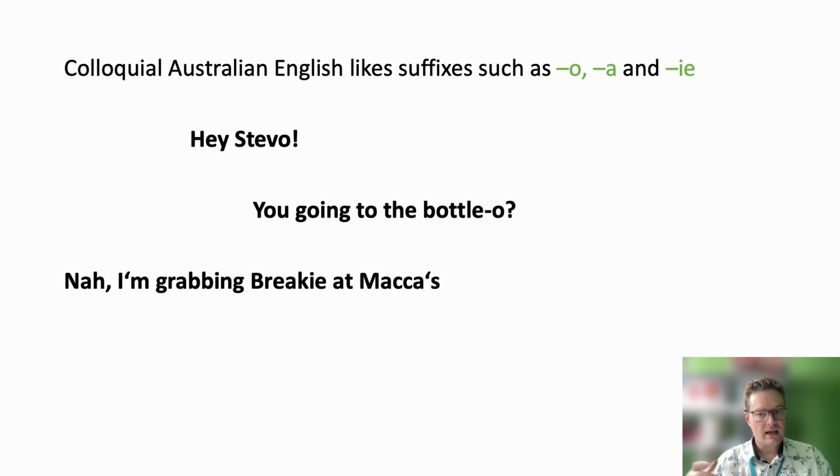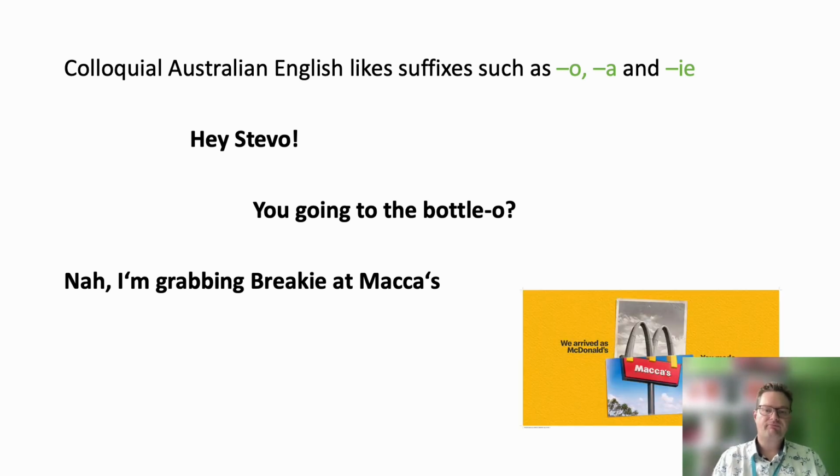And the ending in Australian English serves to make things sound like a friendly, informal thing, signaling we're kind of mates and we're talking on a matey, casual level. So brekkie instead of breakfast and stuff. So Australian English has these characteristic suffixes that serve this purpose. Now, I'm hiding the meme there, but it says, this is from a Macca's ad, and it says, "We arrived at McDonald's and you made us Macca's." Anyway,